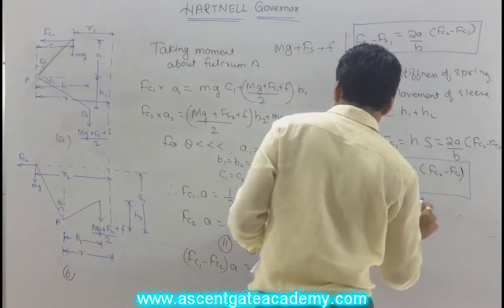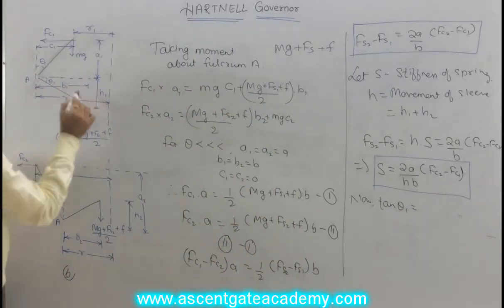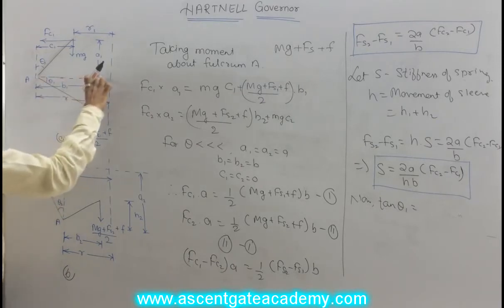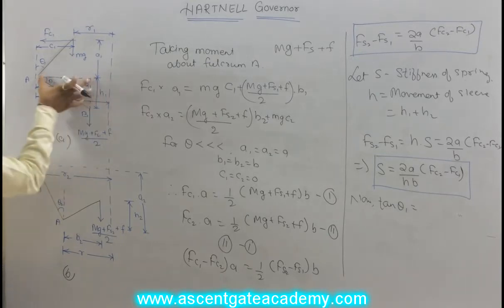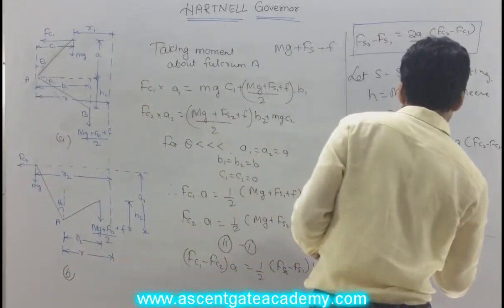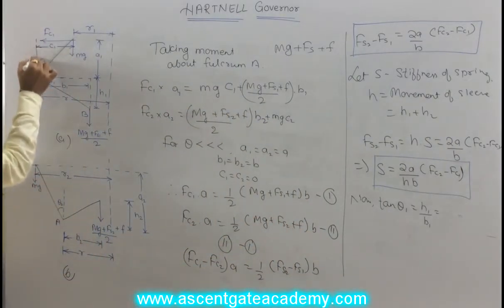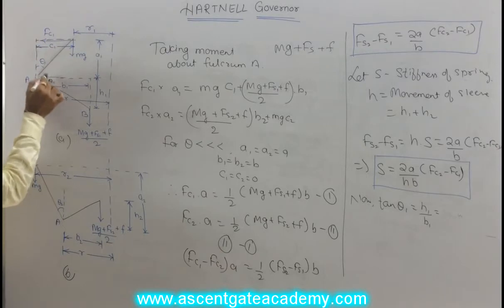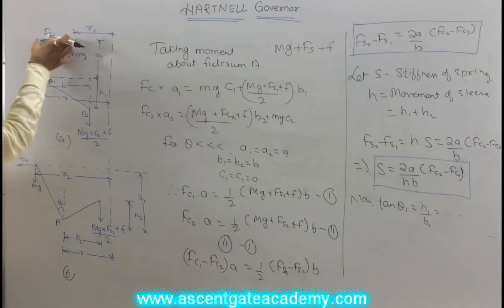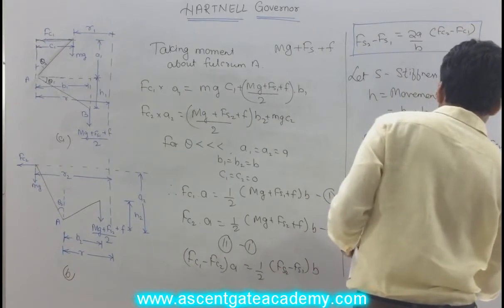Okay. Now tan theta 1. Now what is this tan theta 1? Just look at this figure. Look at this triangle. What will be tan theta 1? Perpendicular upon base. So this will be equal to h1 upon b1. Getting this or not? Okay. So this tan theta 1 will be equal to h1 upon b1. And this is also equal to, now this angle is also theta. If this angle is theta 1, this angle will be theta 1. So this tan theta 1 can also be written as c1 by a1.